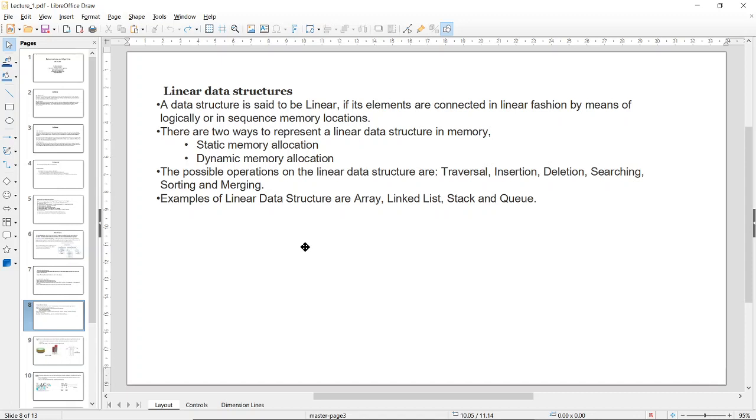Right? The possible operations on a linear data structure are traversal, insertion, deletion, searching, sorting, and merging. Now we know what insertion is, and deletion is, right? We insert one piece of data inside the predefined data structure, for example, arrays, linked lists, etc. We know deletion is basically removal of an element, right?